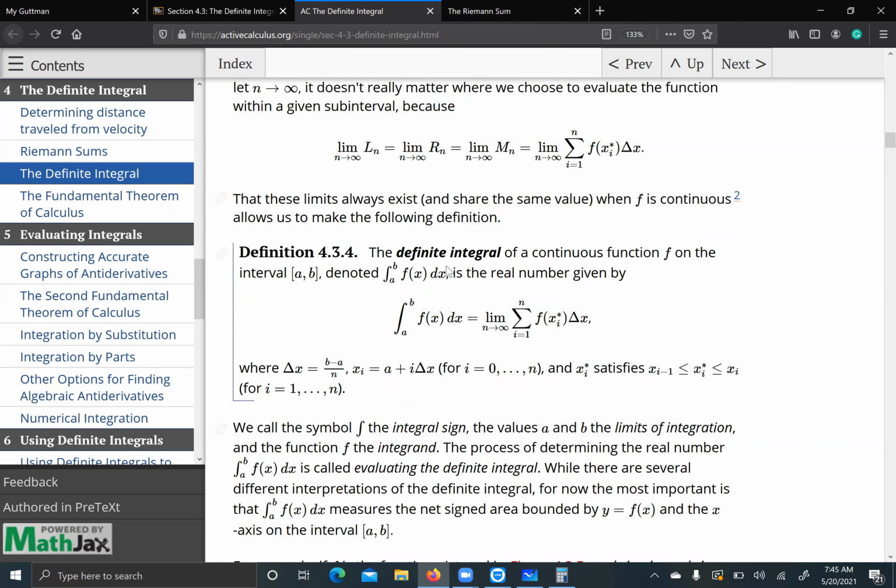And what is the definite integral of a continuous function on the interval? This is the notation that we use, and it's just the limit of the Riemann sum. That's it. So what you see here is just the limit of Riemann sum. That's it. So for example,